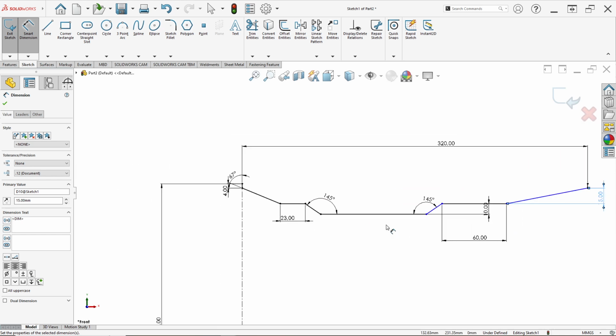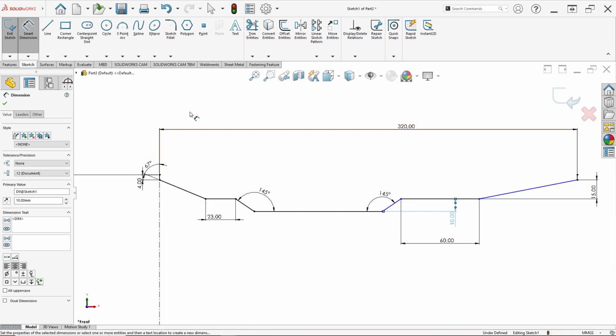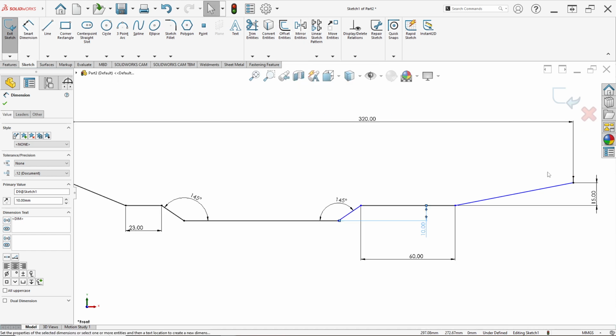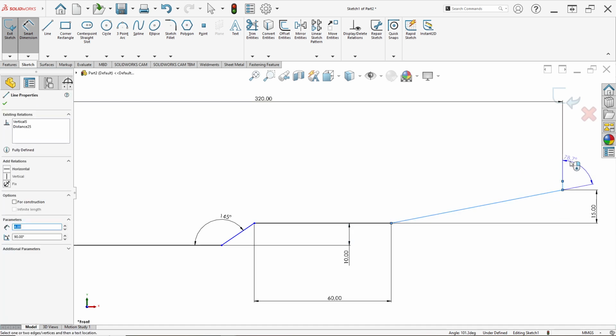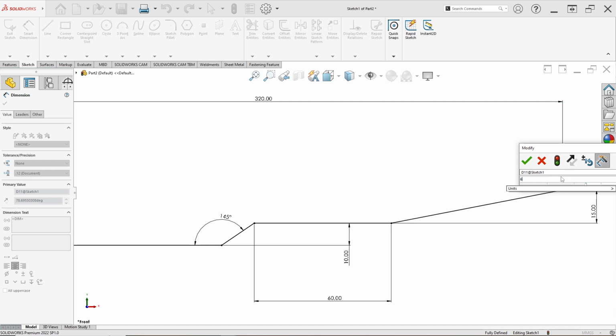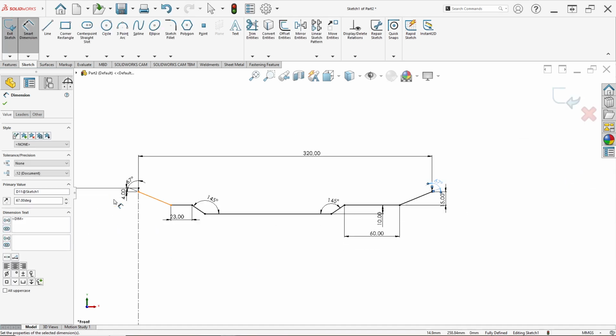So after that, we just make the sketch like this, we just click offset entities. Sorry, in here I forgot this line and this line. We want to make it like before, 67 degree, like this.